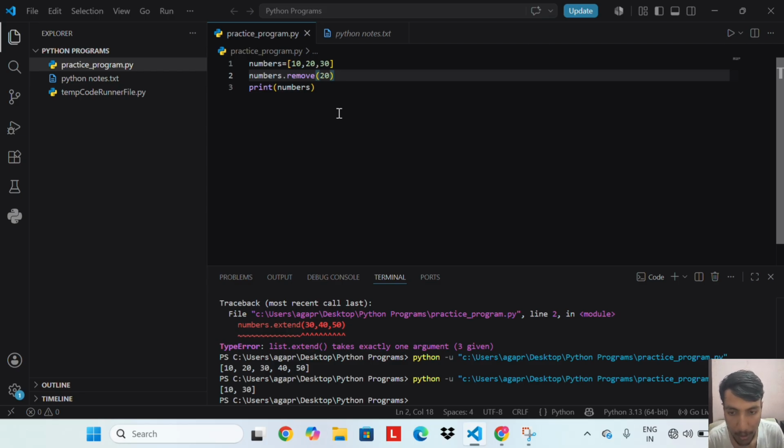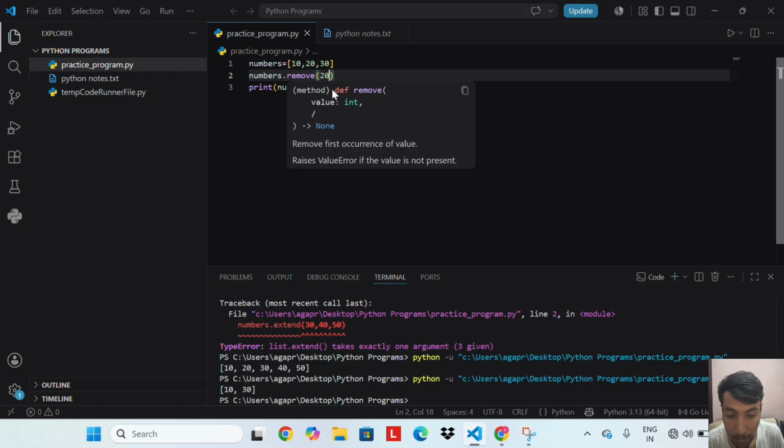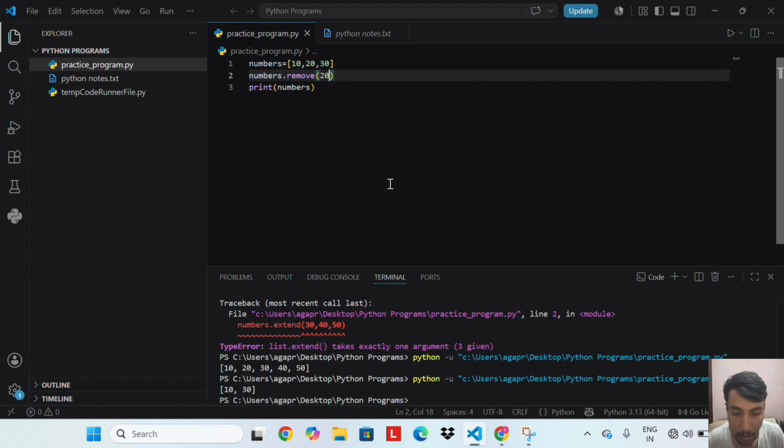Numbers equal to 10, 20, 30. Numbers dot pop, print numbers. Remove finds the first occurrence of that value and removes it. Here 20 is removed by its value.